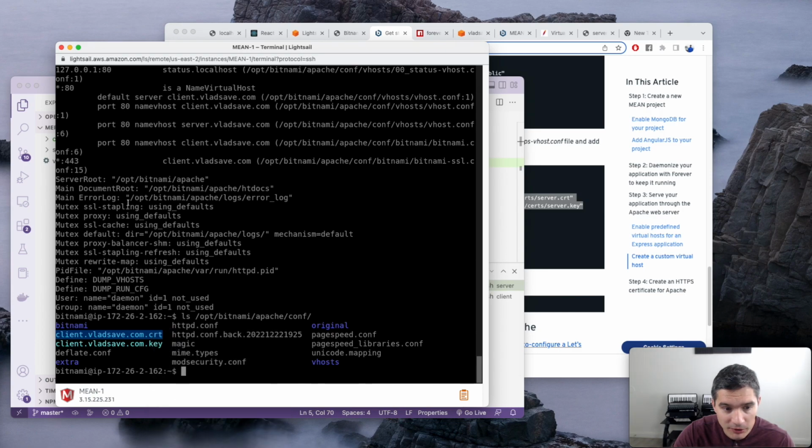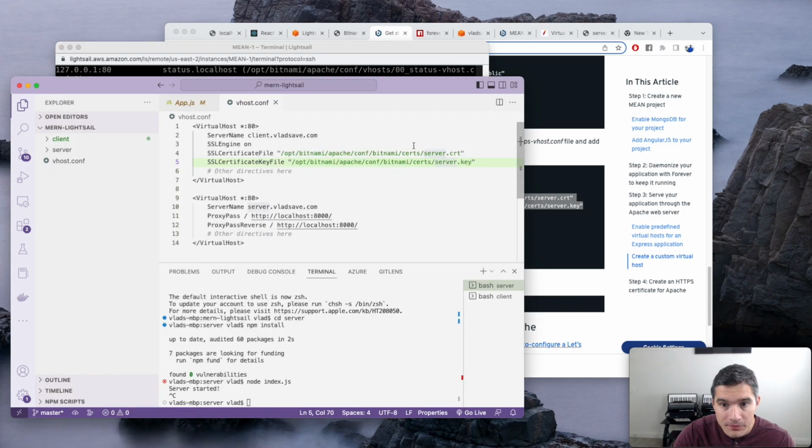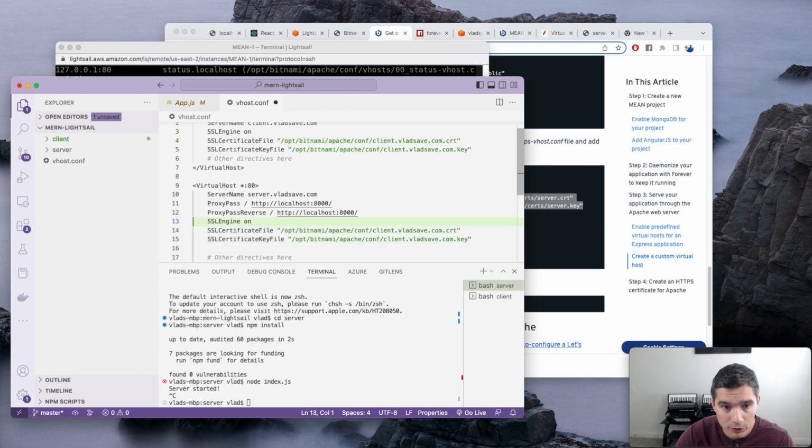So we can just copy this file name, and in here it will be in /opt/bitnami/apache/conf, this one is the CRT, and this one is the .key, and we copy this section also to the server virtual host